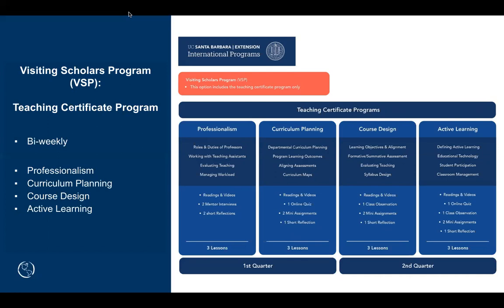It's a 2 quarters instructional development seminar series. It has a total of 12 lessons, 6 lessons for each quarter, and the scholars will meet bi-weekly. And each lesson, we will invite an instructor to share their professional knowledge about teaching at the university level. And you can see here some of the main areas that the seminar covers: professionalism, curriculum planning, course design,